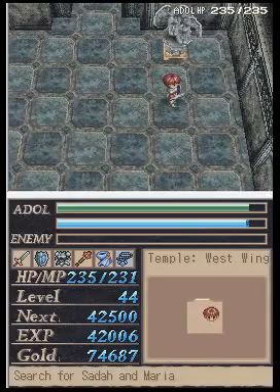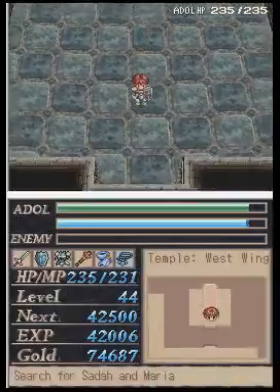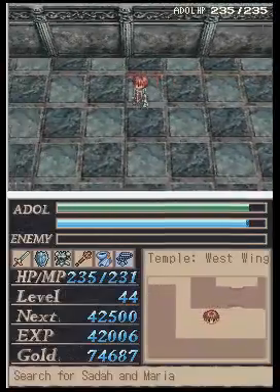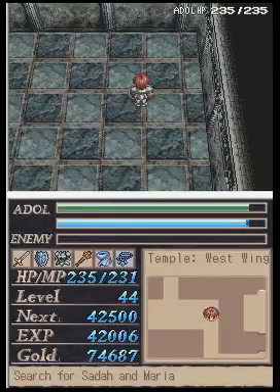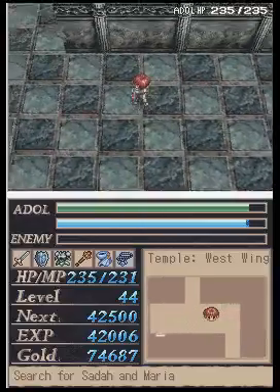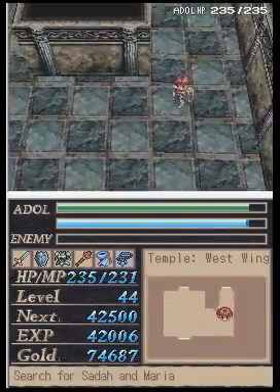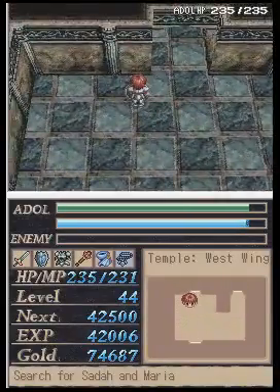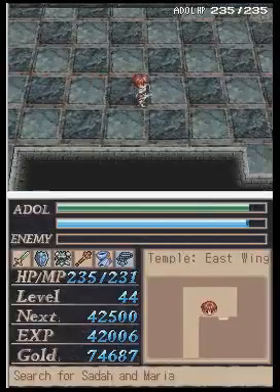So as you see, yeah, this is a warp and it will take you back. And with that, I'm going to go round and up this way. One moment. Alright. Now where we're going will advance the plot a little bit. So what you're going to have to do is go up here. Go around. This will take you to the east wing. And when you come down here,